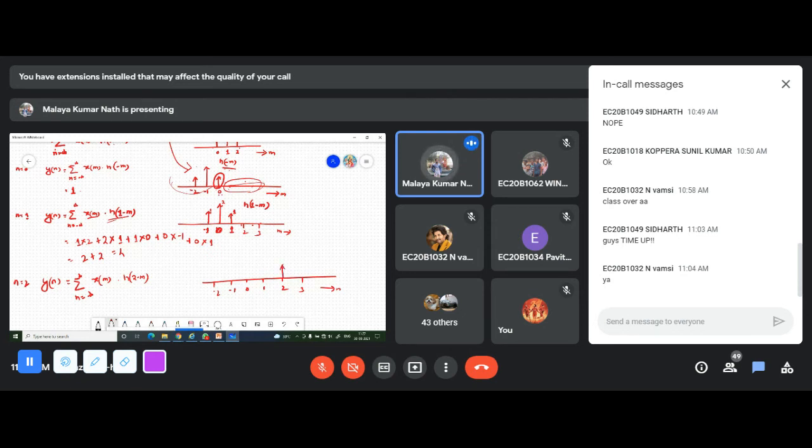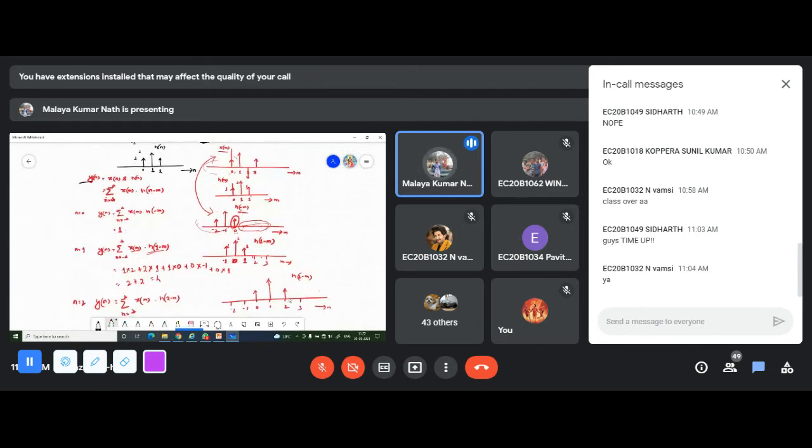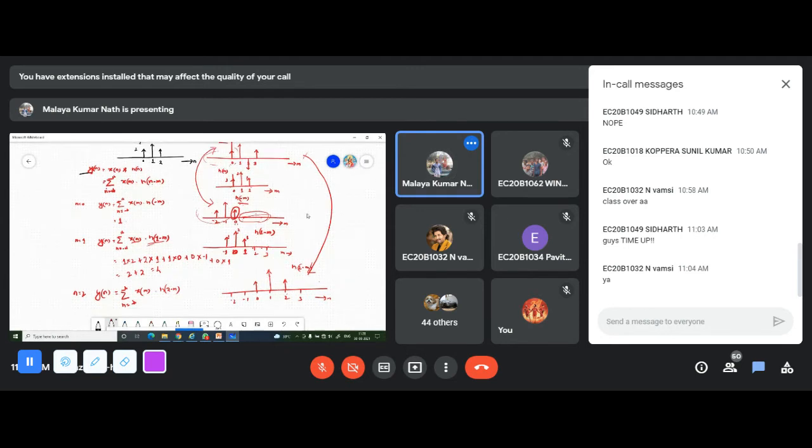Next is 2, next is equal to 1. Right? So this is equal to h of 2 minus m. Now this h of 2 minus m gets multiplied with x of m. So now if we multiply this, just to make it a little bit small, when I look at this expression and this expression, you have to multiply with this. So that means at m is equal to 2, it has a magnitude 1, and at m is equal to 2, it has a magnitude of minus 1. So that means 1 with minus 1.